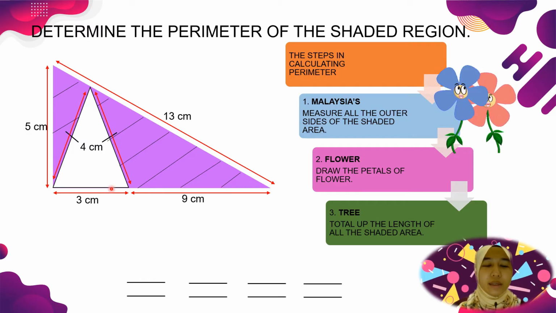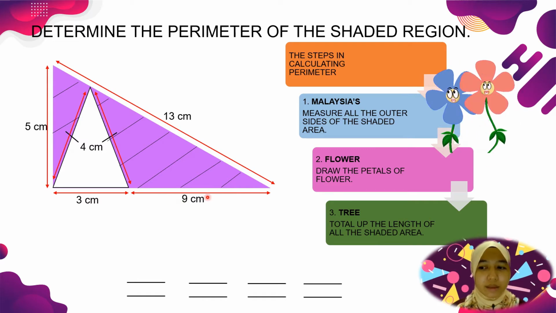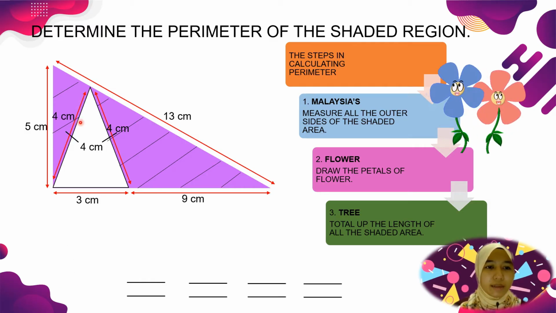Okay, the first thing is we will measure the length of the sides. Here is already given 13 cm. This one is 9 cm. Okay, this side, which has a single mark, is 4 cm. Same goes to this side. While this last side is 5 cm. Okay, let's follow the